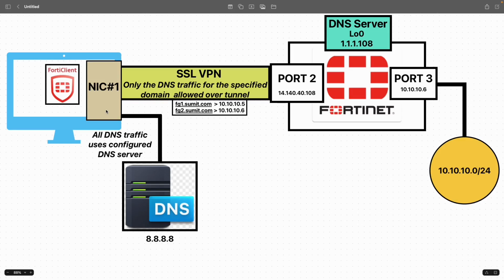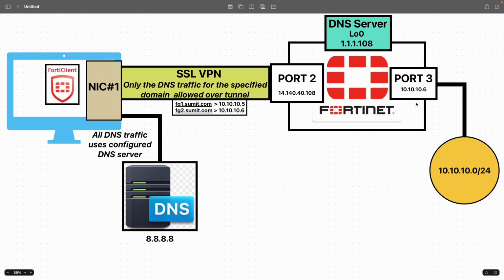The SSL VPN is from the client machine through network adapter number 1, and the termination point on the Fortigate firewall is on port 2 with an IP of 14.140.40.108, and the intention of this particular SSL VPN